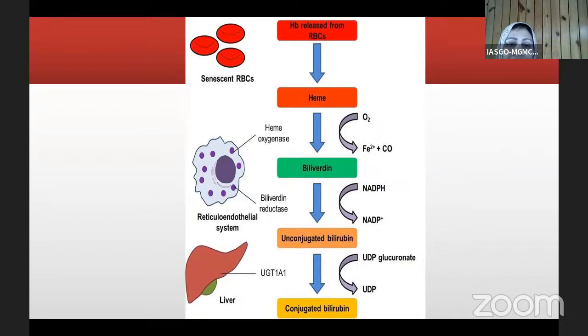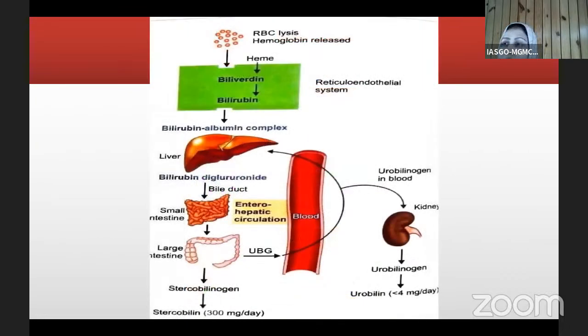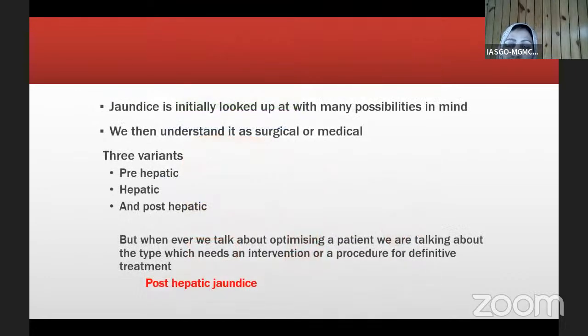And we have been going through the metabolic formation of bilirubin, or generation of bilirubin, right from RBCs to its secretion into the biliary tract by previous speakers. And once in the biliary tract, it is delivered into the duodenum, wherein the majority of it is excreted as stercobilinogen and stercobilin in the stools, a little re-enters the enterohepatic circulation, and a subtle amount is then excreted into urine as urobilin. So when you look at a jaundice patient,